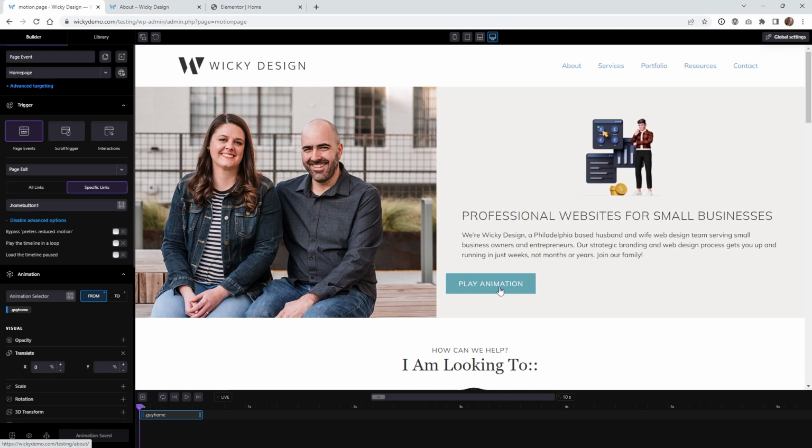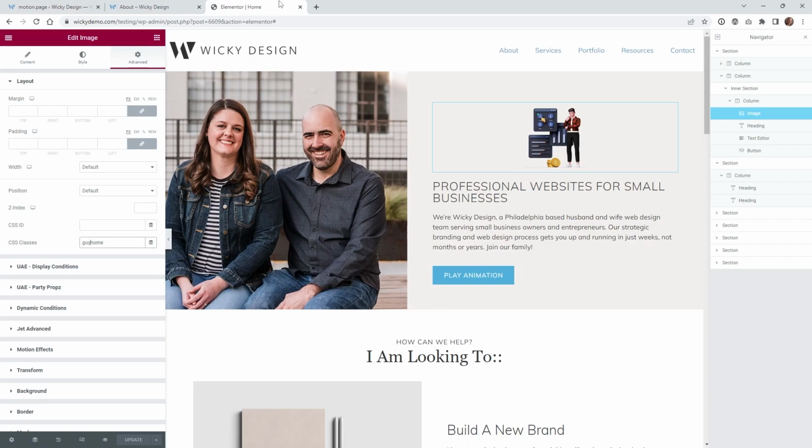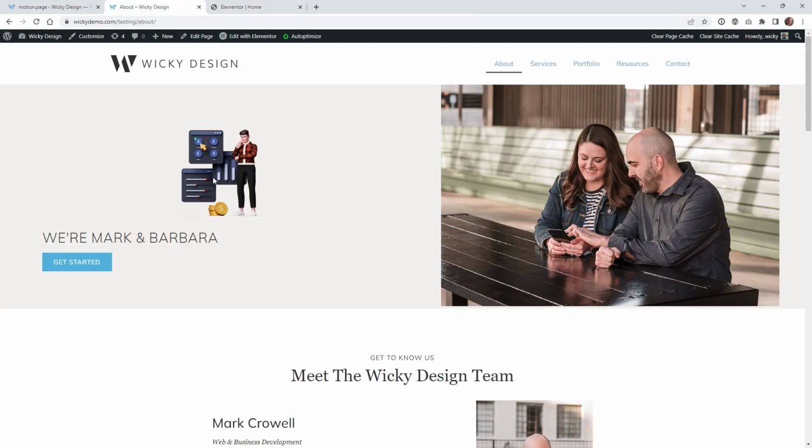So let me show you how I was able to do that. Right underneath here where it says specific links, you're going to say when the user is running this link, when it plays this button. It's a little confusing, but when the user clicks this class called home button, that's when it's going to get triggered. Because if I go to the front end of this page,